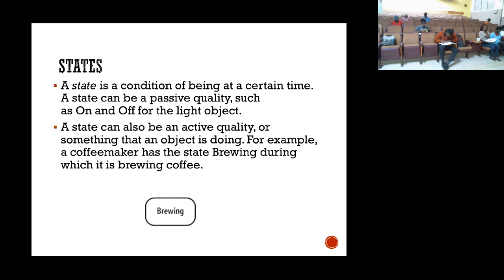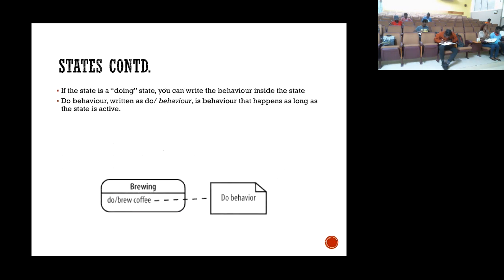All right, a state is, of course, the rounded rectangle. That's how we represent it, and we put the name of the state inside of it. We can also talk about what's happening inside of a state. So a state is not necessarily static. A state doesn't mean that, okay, you're in the state of sitting, and so you just sit. If you're in the sitting state, it's possible that you're writing when you're sitting, or you're reading when you're sitting,